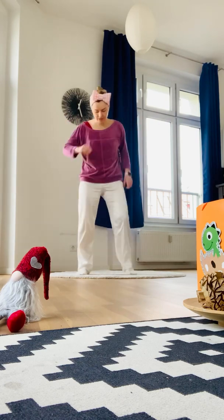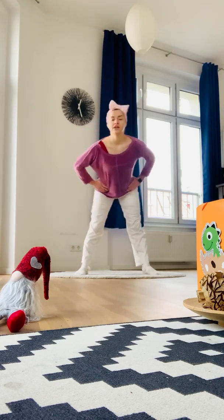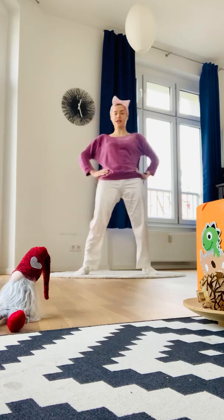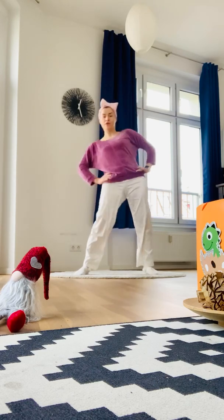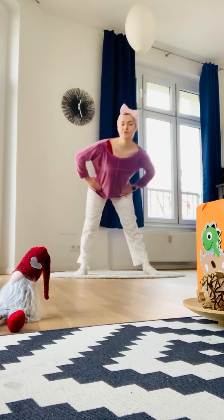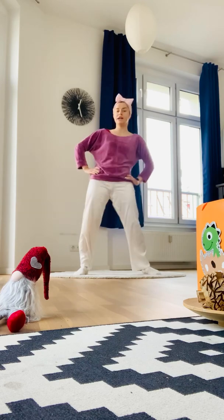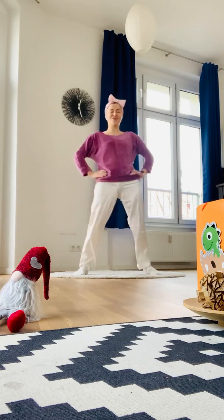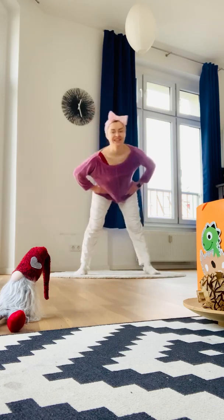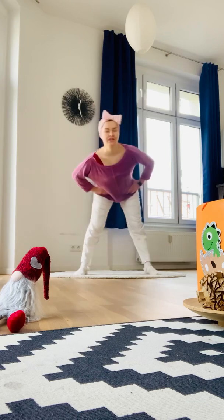1. Now put your arms on your hips and just rotate your hips to one side. 4, 3, 2, 1, and the opposite one. 4, 3, 2,